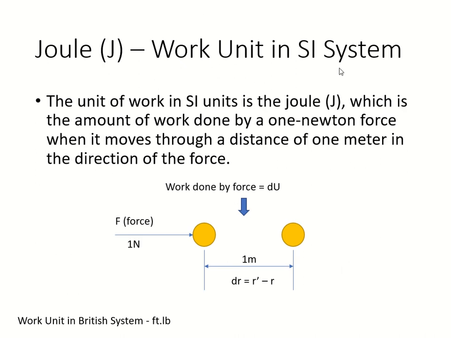Joule is your work unit in the SI system. In British units, we use the foot-pound. A joule is like this: if you have a 1 Newton force, remember your F is equal to mass times acceleration, so your particle is in here. When you have a force on a particle, then the particle is going to take a displacement of 1 meter. So that's about 3 feet and about 3.37 inches, I think, in the foot-pound system. So about 3 feet